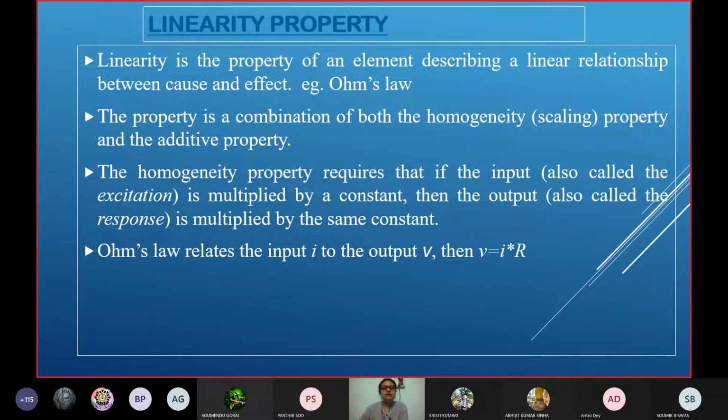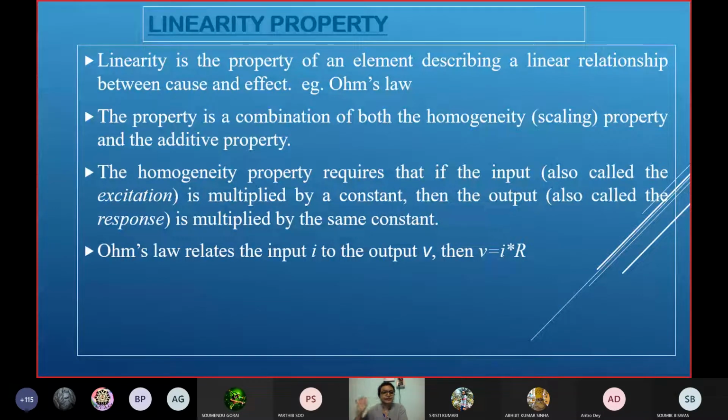That is called the additive property. So the algebraic summation of the individual effects of the causes acting individually